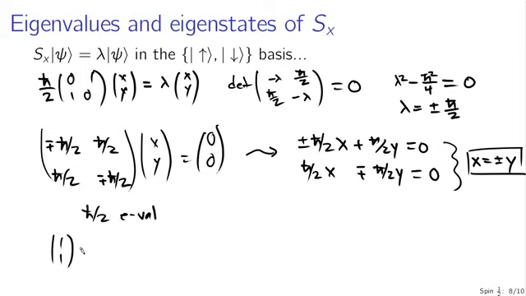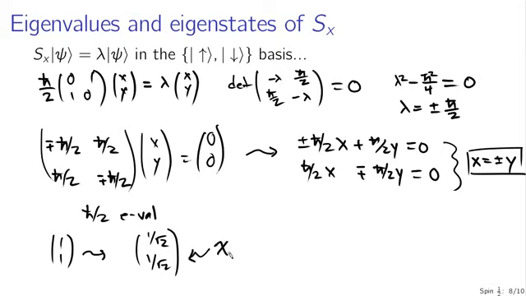When we normalize this, you're going to divide by the sum of the squares of both components, i.e. 2. We're going to divide by the square root of 2. Our actual normalized eigenvector is going to be 1 over root 2, 1 over root 2. These 1 over root 2's are things that you see a lot when you're dealing with two-state quantum systems. And this guy,